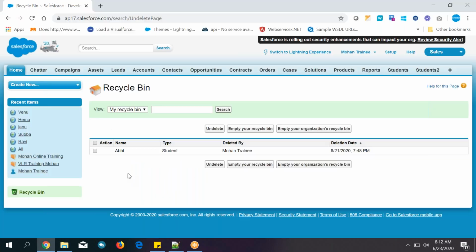Okay, 15 days. After 15 days, what will happen? So automatically this will be permanently deleted from the database, and you cannot see Abhi over here. Remember that one. So till 15 days it will be available here, and after 15 days it will be hidden. You cannot see this one. Okay, it is permanently deleted here. Only 15 days. So before 15 days, if you want to undelete it, you can undelete it.